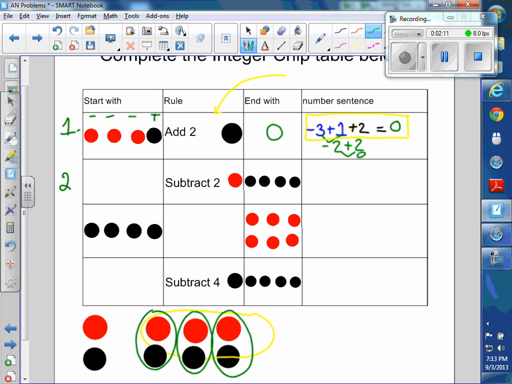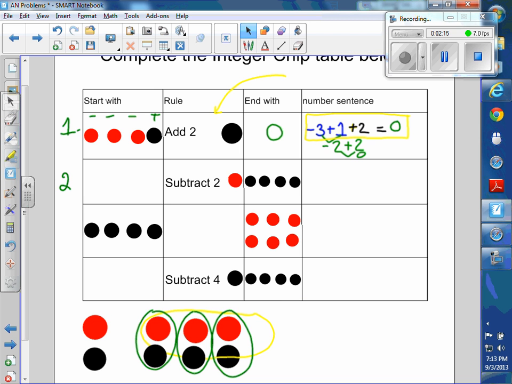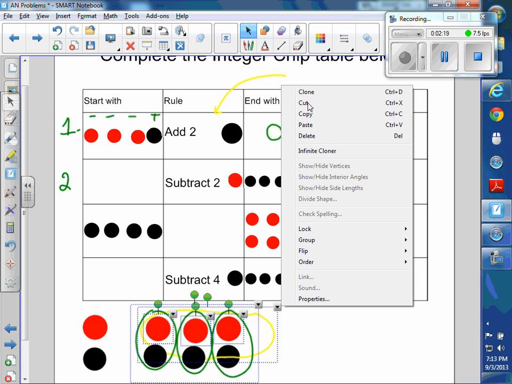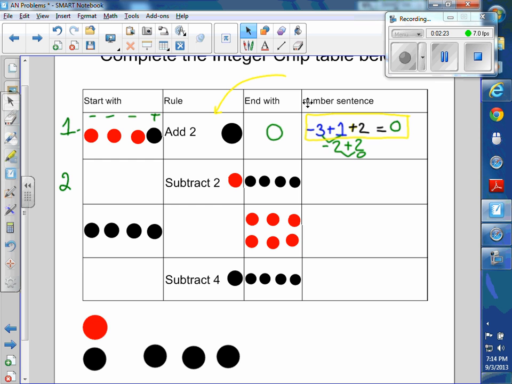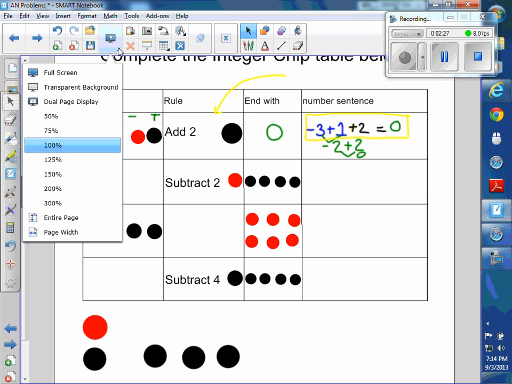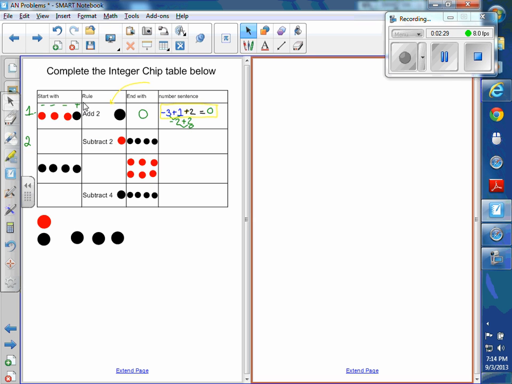Number 2 is a working backwards problem. A little bit different than this one, so let's clear this. Maybe think of bringing in another page here. Let's add a page in, and think of the number line as an example. There's different ways to do these. So on the number line, the